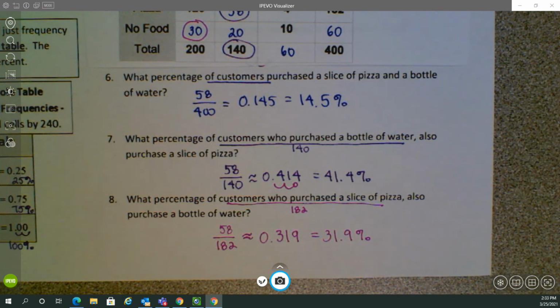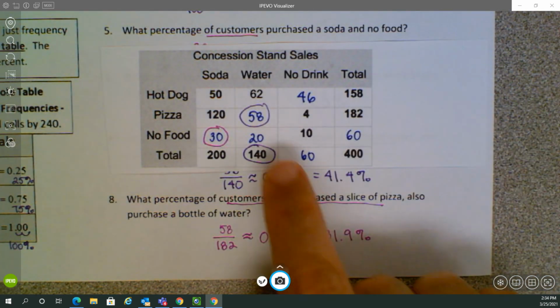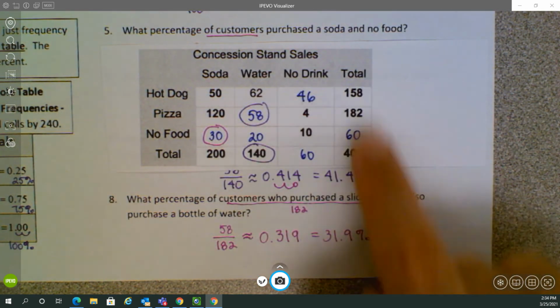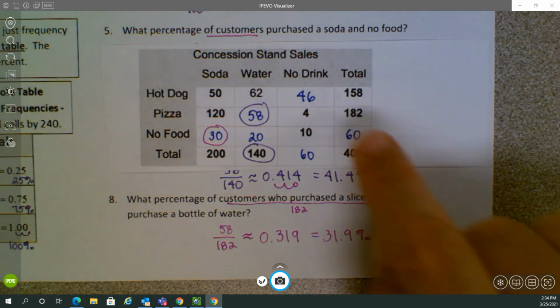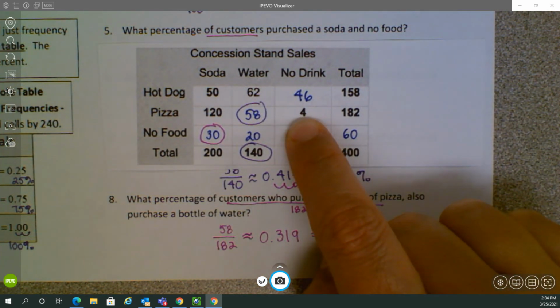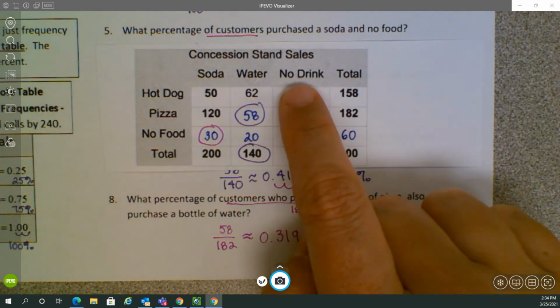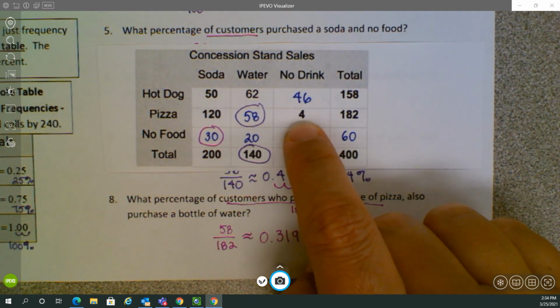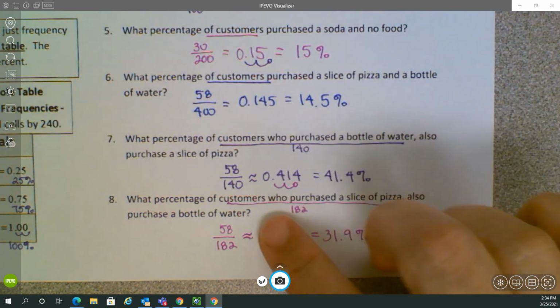Okay? So that's sort of a review of two-way tables in a nutshell. Make sure you can identify the joint frequencies, the marginal frequencies, be able to understand that 4 people bought a slice of pizza and no drink, and then be able to calculate percentages